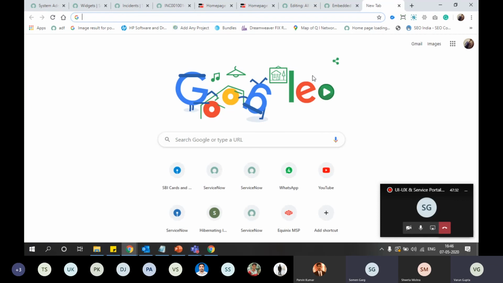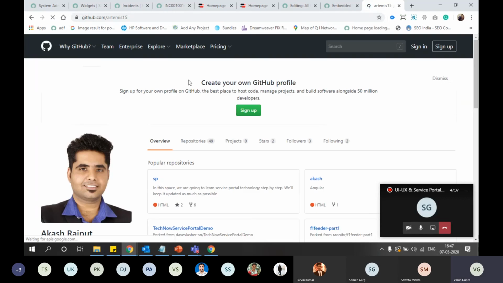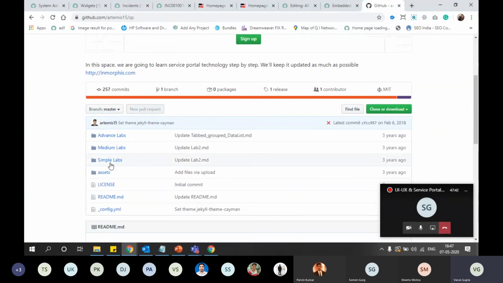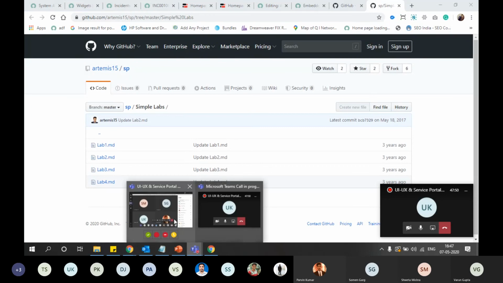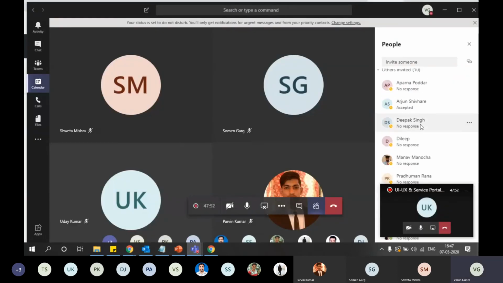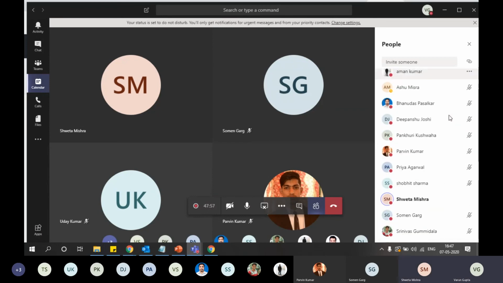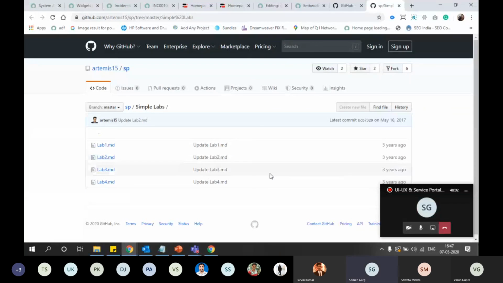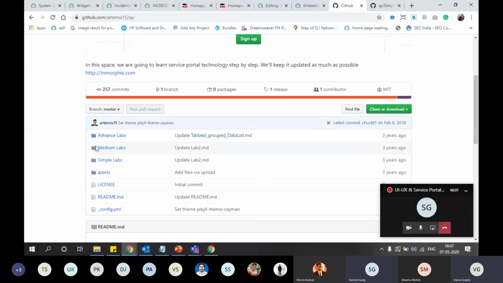Meanwhile, let's go to the labs. It's the 15 service portal labs. How many of you have completed these labs? I have given only simple labs so far.